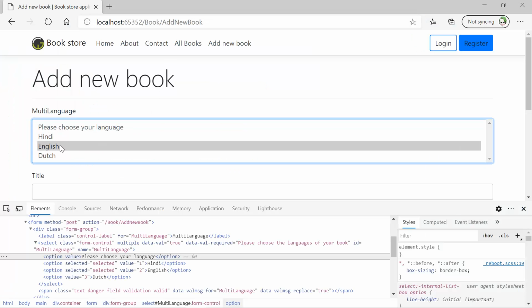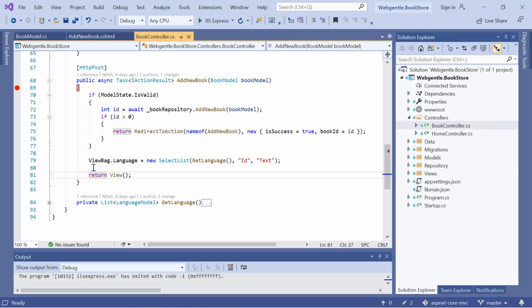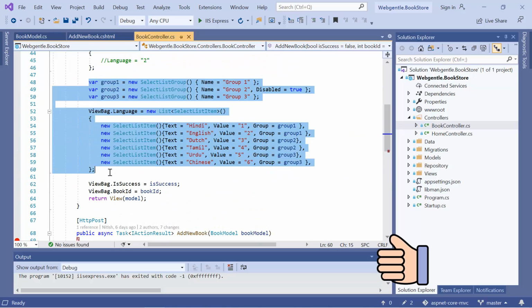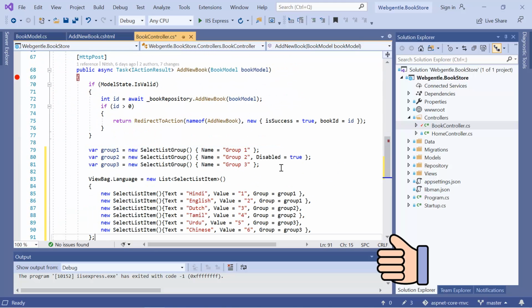This time you can notice that this dropdown has been updated a little bit. Why? Because we are still passing this old data in this ViewBag.Language from this post method. In order to get the entire data, we need to update this ViewBag.Language in this post method as well. So let's copy this entire data and paste it over here in this post method.